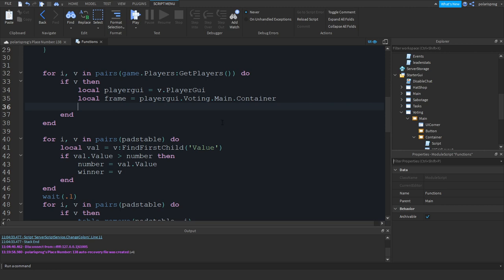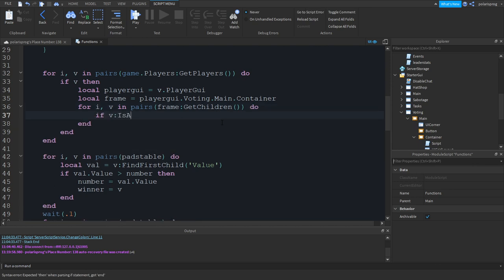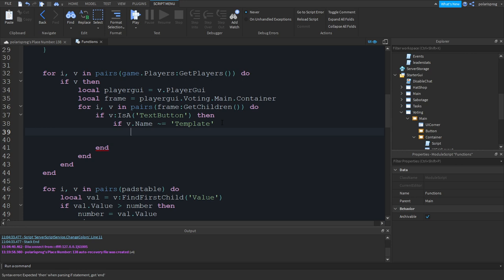and in here drop a line, and we'll loop through the container. Yes, we'll loop through the container: for i, v in pairs(frame:GetChildren()) do, if v:IsA("TextButton") then. Not ImageButton, sorry, TextButton. Actually, before we do that, we're going to check if v.Name is not equal to "Template", so we don't want to add the template. So then,